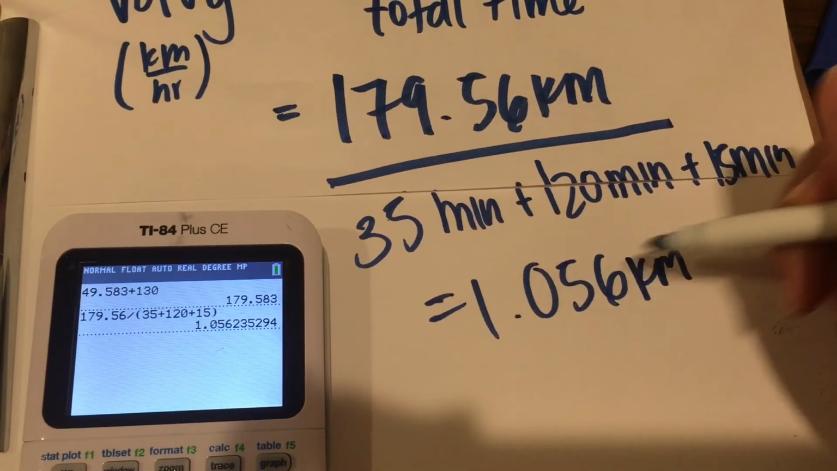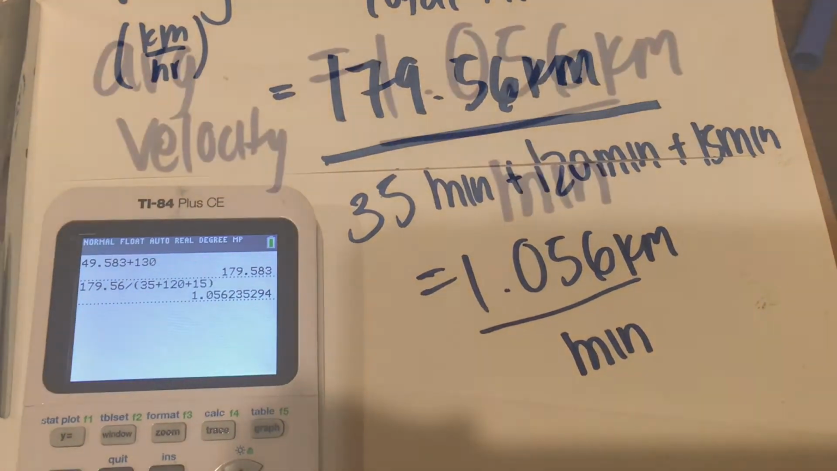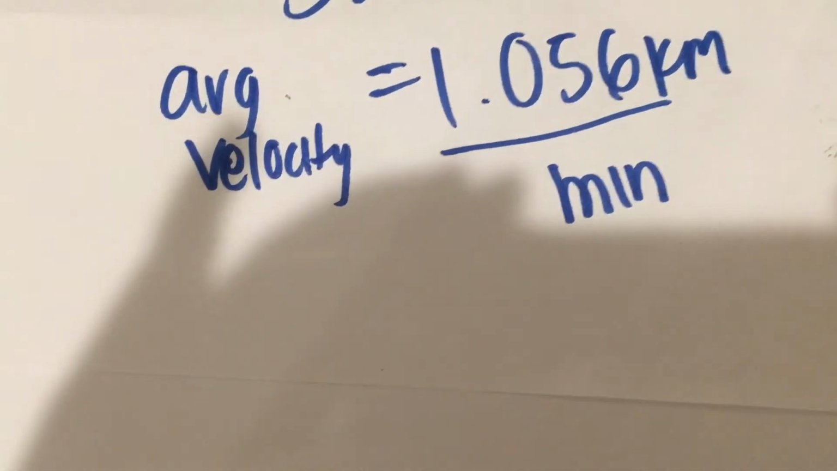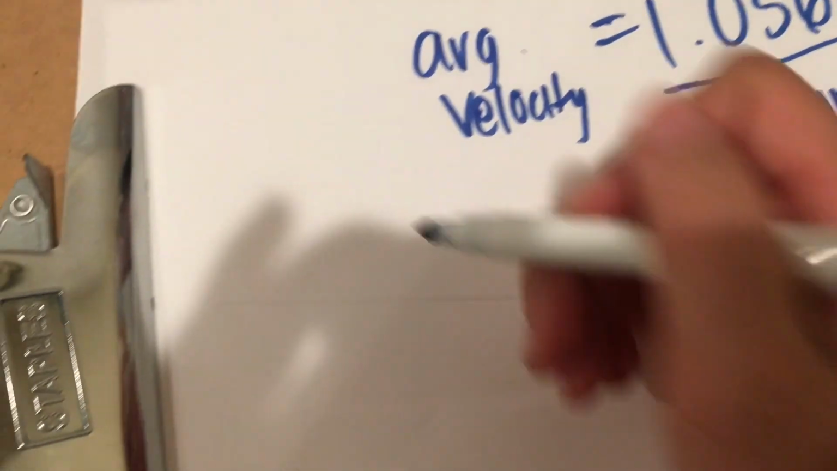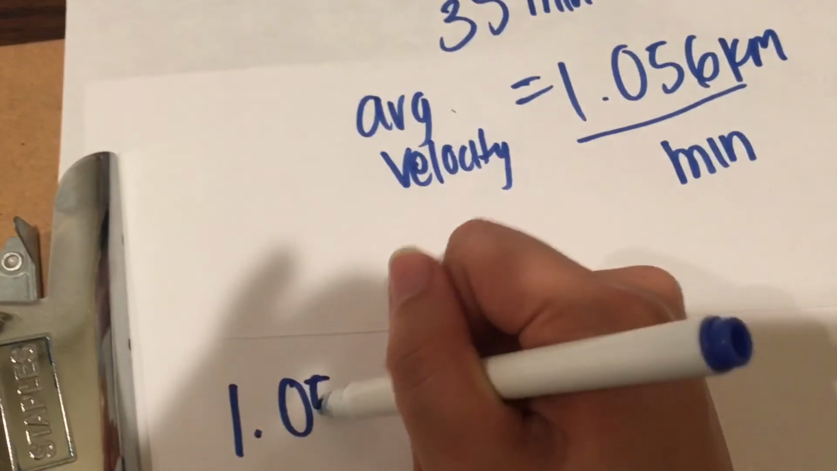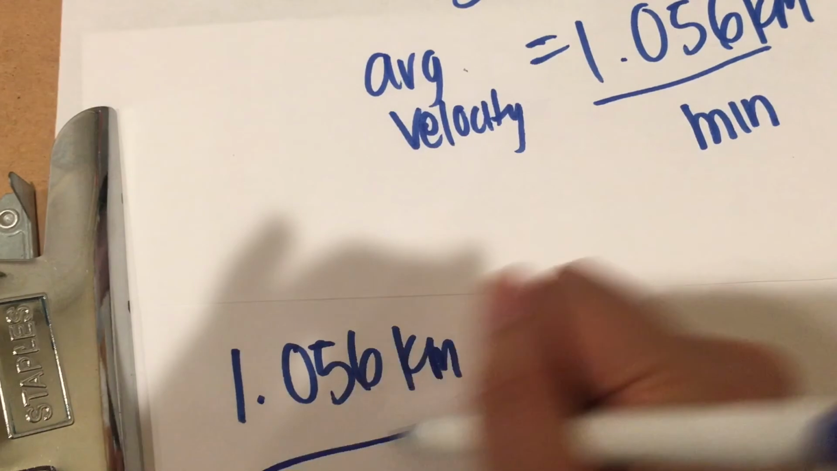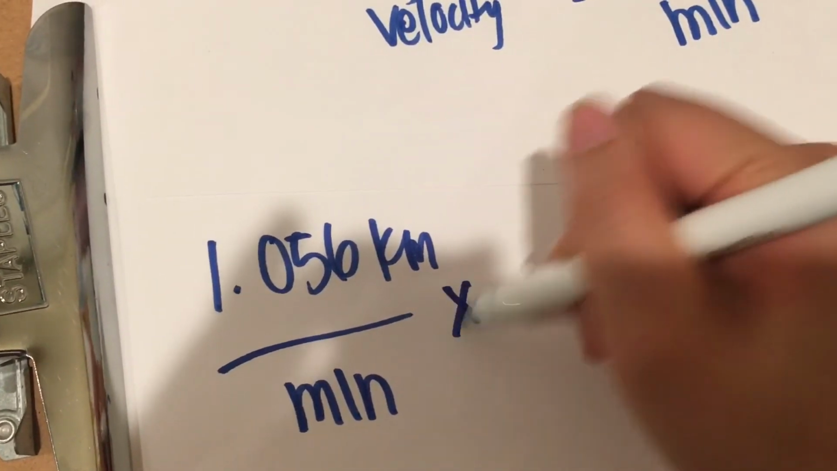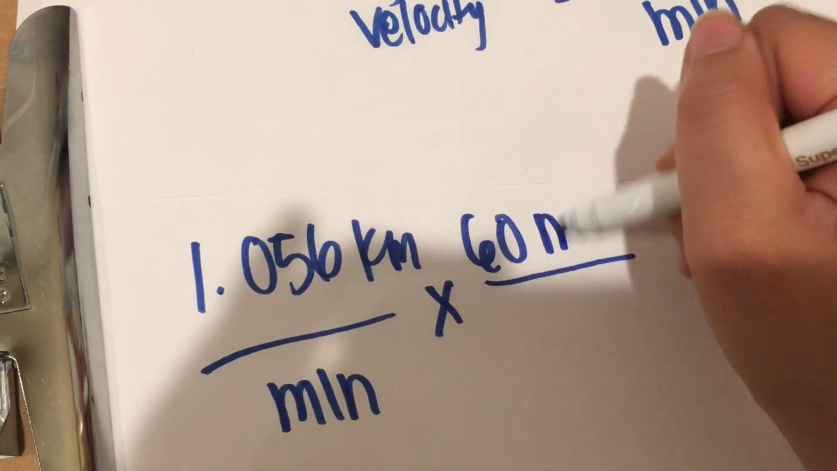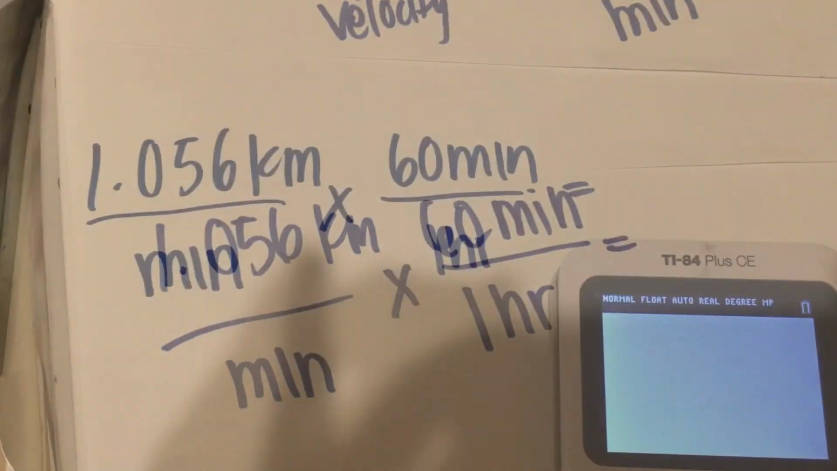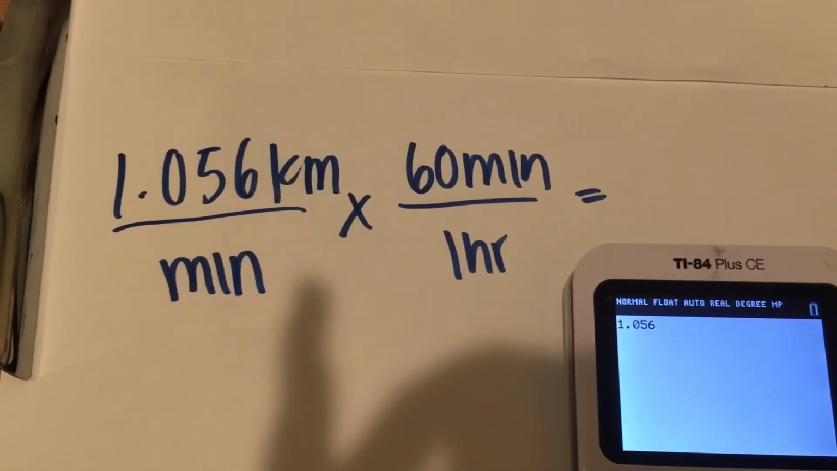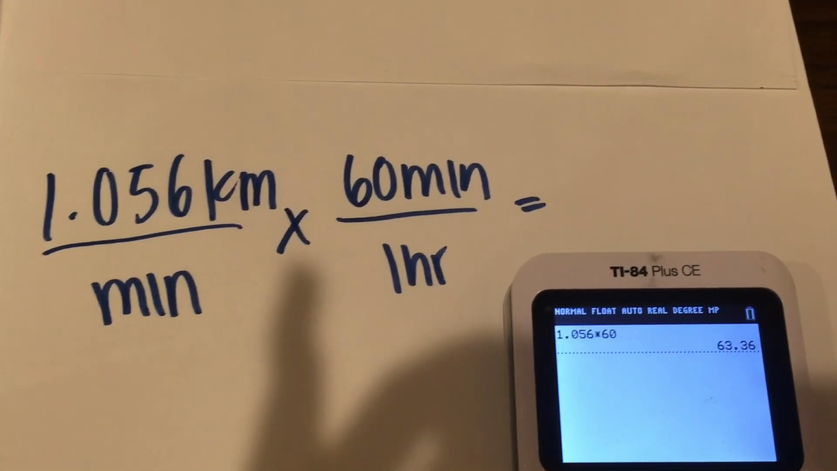1.056 kilometers per minute. While this average velocity is completely correct, we do want our final answer in kilometers per hour, so we are going to do another conversion. This time, to cancel the minutes, we'll multiply the whole thing by 60 minutes over 1 hour. Again, we will be punching this into our calculator, and get